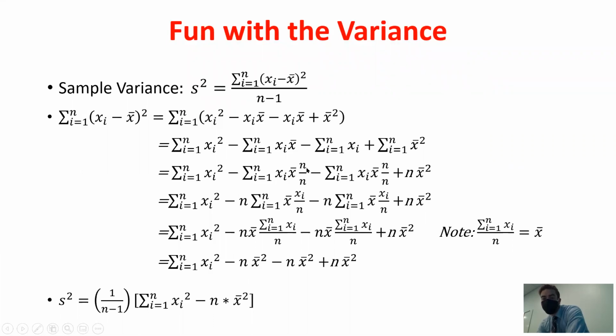There's this interesting trick that whoever originally solved this proof did, which is if I multiply anything by 1, so n over n here is just 1, then it doesn't change the equation. But then when I rearrange things a little bit, I can get something that looks like this, where I've got the sum of the x's over n. That should look familiar. The sum of the x's over n, that's adding up the observations and dividing by the number of observations you have, that's just the mean. And when we rearrange all this, it simplifies down to just this formula.